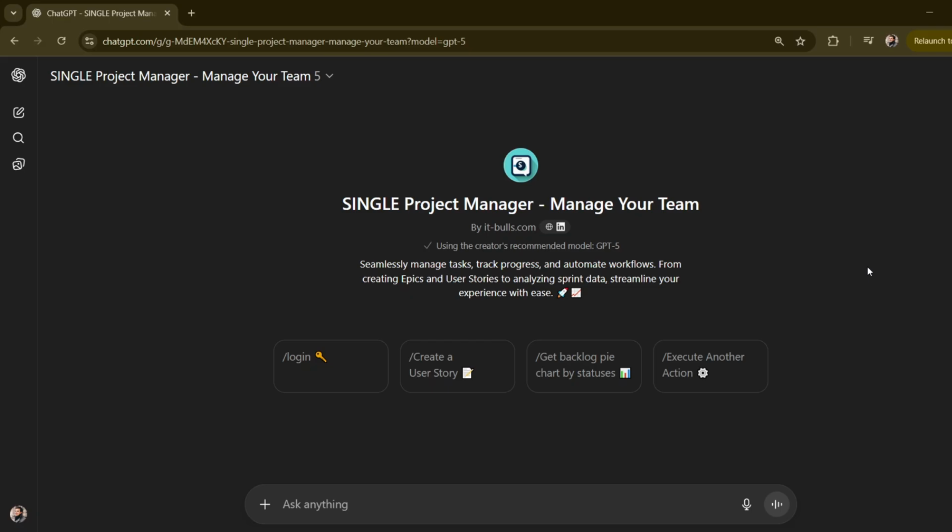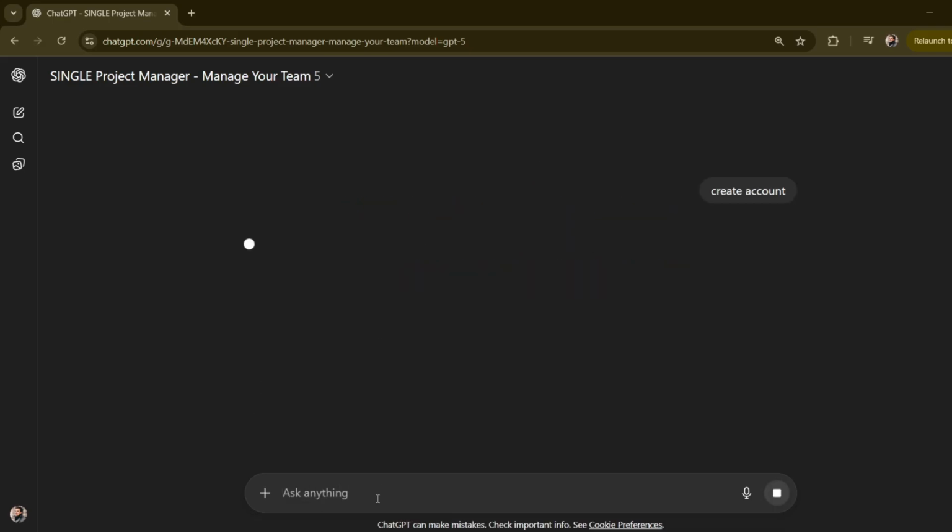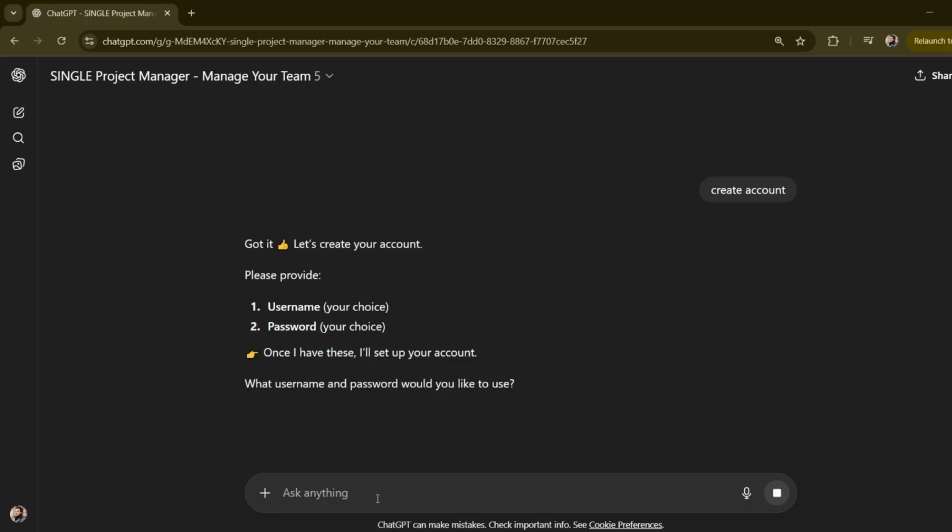Let me show you how this looks in practice. Suppose you are a brand new user. In the chat, you would type the following command: create account. At this point, the bot will ask you to choose a username and a password. It is best to use your email address as the username, because that ensures uniqueness and makes it easier to remember. For the sake of example, I will just enter